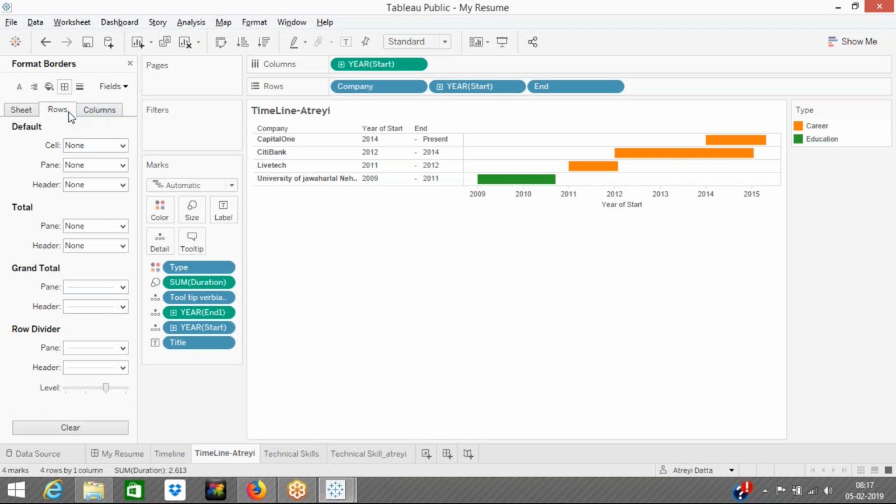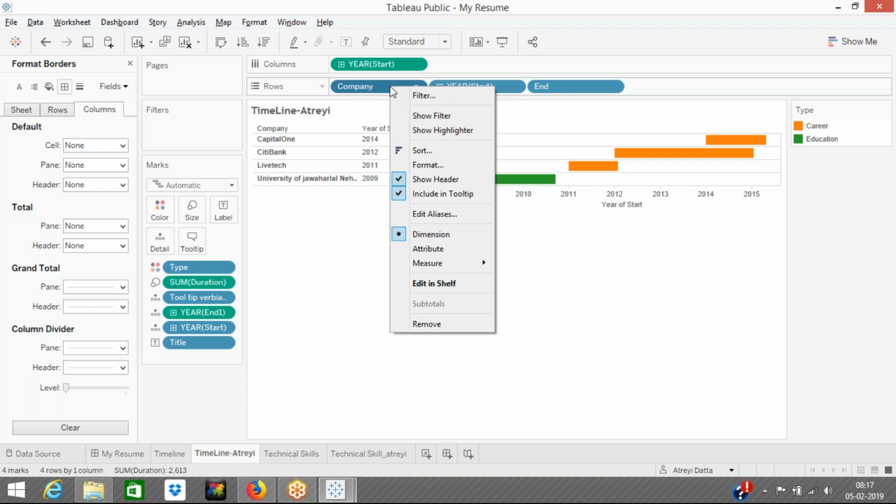Yeah. Click on columns. Right side there is a columns. Okay, so here everything is none, right? Okay, so what you do is click on the company on the rows shelf, and click on it and say